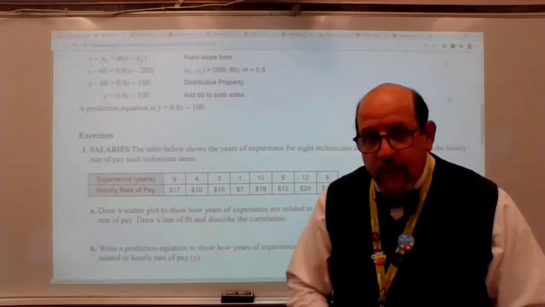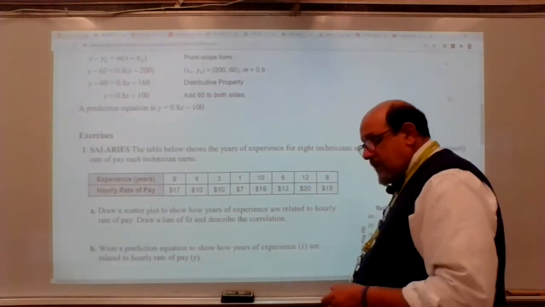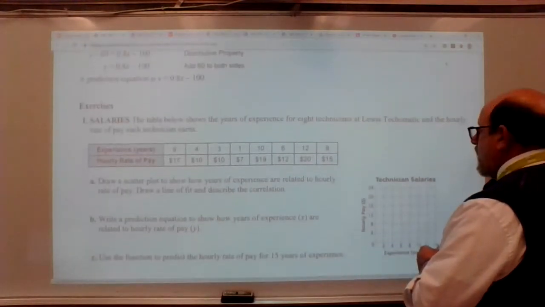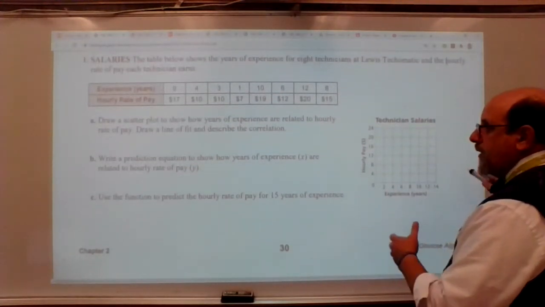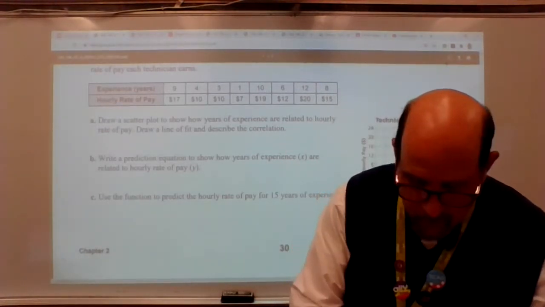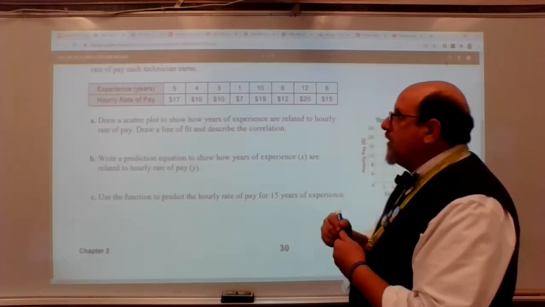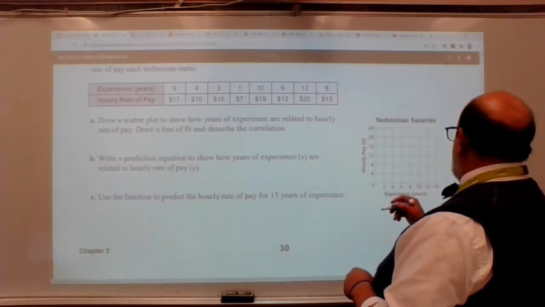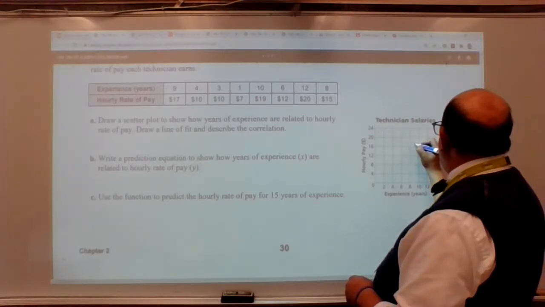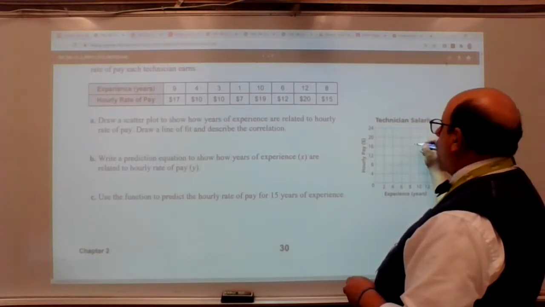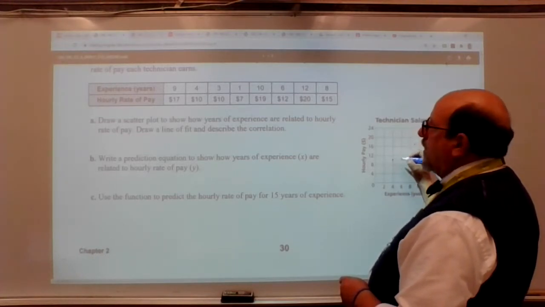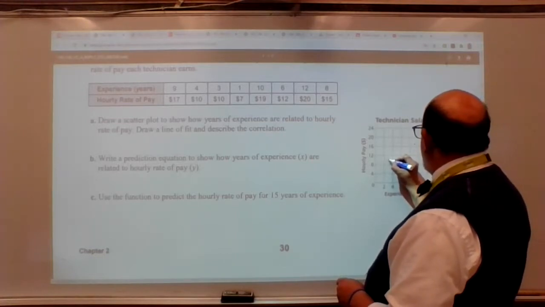Here's a simple idea. This is going to allow you to draw a scatter plot and then create or predict what's going to happen. So I'm going to go ahead and plot these points real fast. Years of experience, 9 up to 17, 4 and 10, 3 and 10,